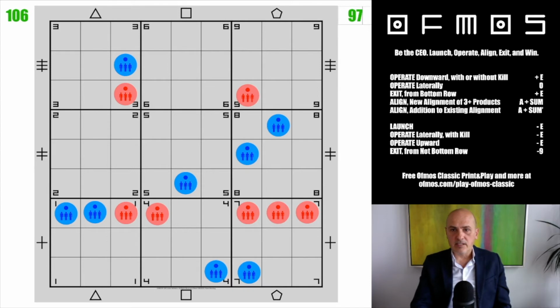Chasing down with the red, moving down. This is going to make us, or the red, 9. So the budget goes to 115. Now, blue,